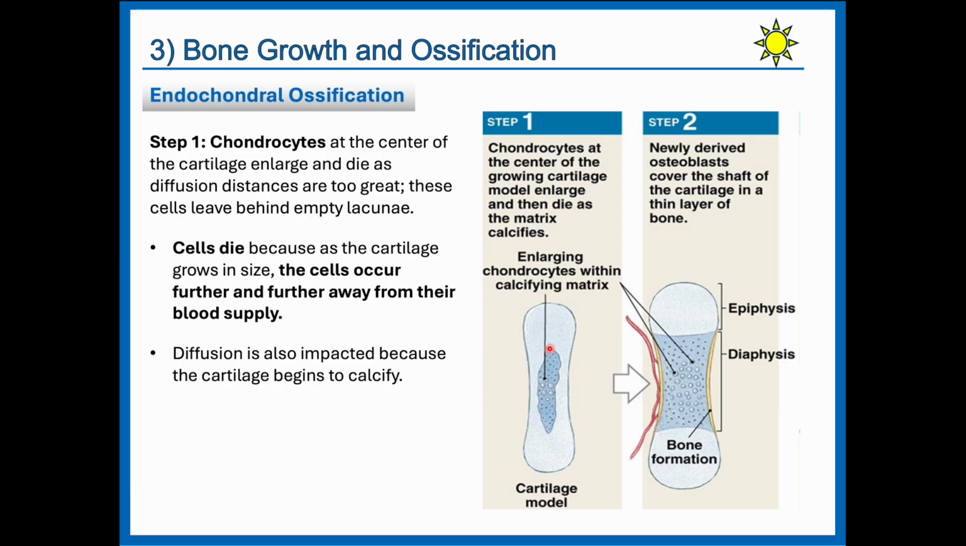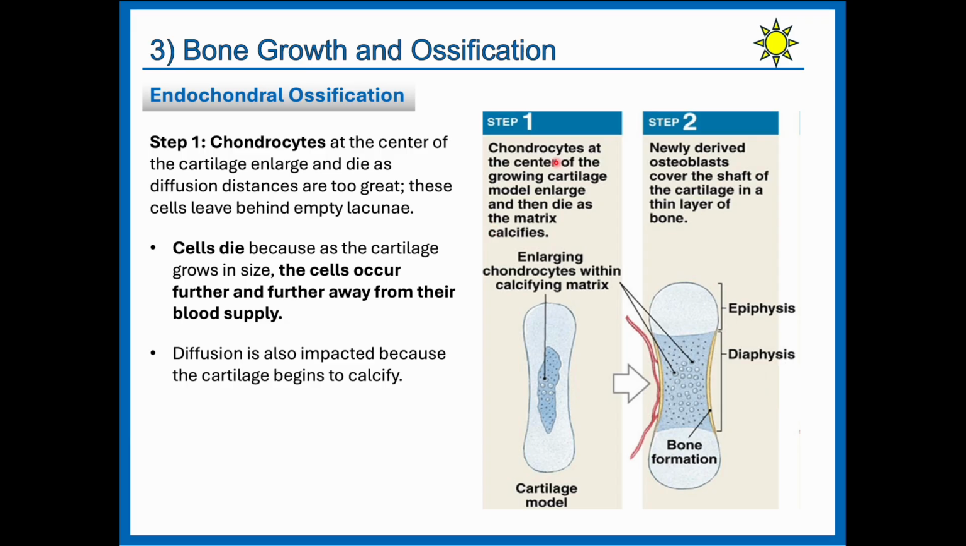I want you to think of it a bit like skin. That outer layer of skin is dead cells because the connective tissue at the bottom feeds the epithelium. As the cells migrate away from that blood supply, the diffusion distance is way too big, and gases and food cannot get to those cells, so they die. So diffusion is also impacted because the cartilage begins to